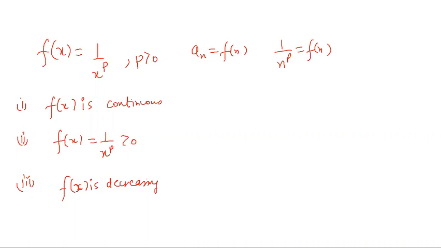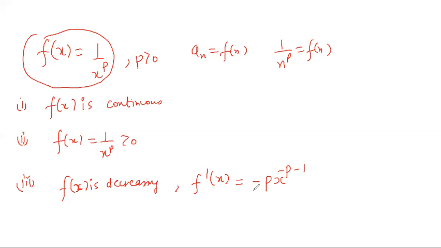How do we prove decreasing? We will prove the derivative is negative. We will find out f dash x. So what is the value of f dash x? This is your function f of x. The derivative is going to be minus p x raised to power minus p minus 1. Your function is x raised to power minus p, and obviously when you take the derivative, this is simple,